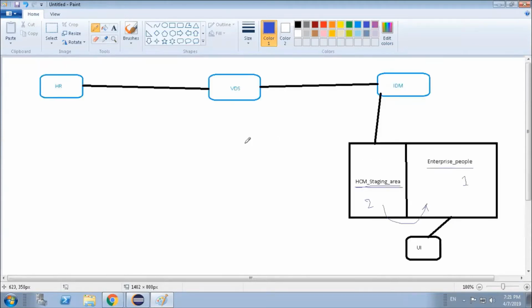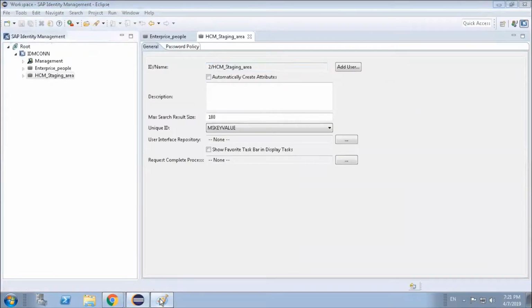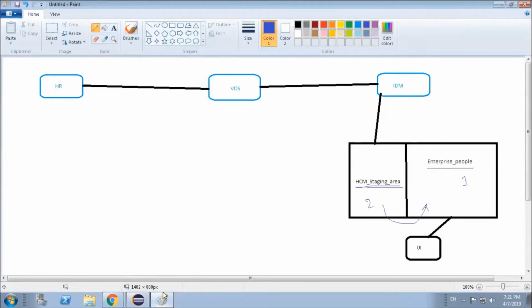This ID is important in order to do the configuration part. Now what is the first thing that we have to do over here? We first have to import our HCM package.